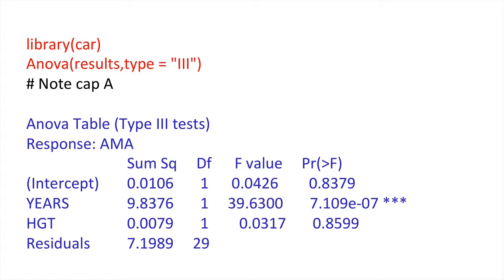Here, where we've got years controlling for height and height controlling for years, what we can see is the same conclusion that we had before, that everything is suggesting that these students are getting better at maths as they're getting older, but it really isn't directly related to their height. What about the fitted model? Well, we can ask